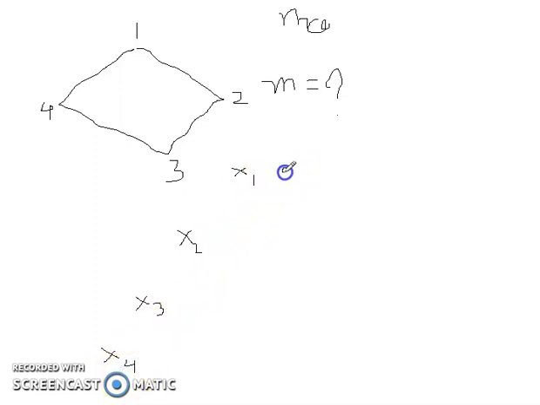Now in the first place, what I can do is, I can assign color 1, color 2, color 3 and color 4 to the first vertex. So 4 choices are there. Suppose I have 4 colors available. Then the first vertex can be colored with color 1, with color 2, with color 3 or with color 4. All these 4 choices are there.